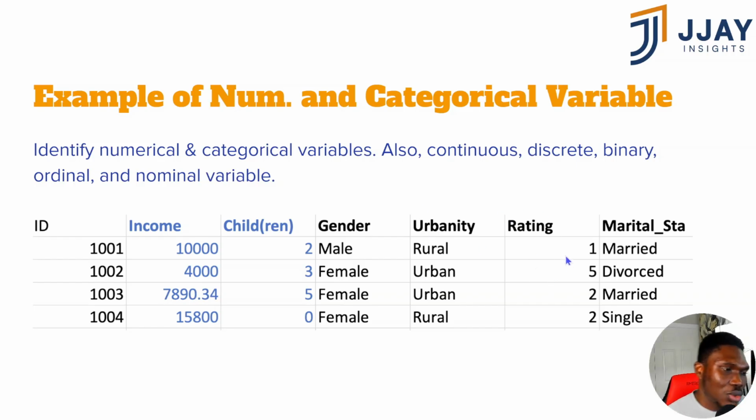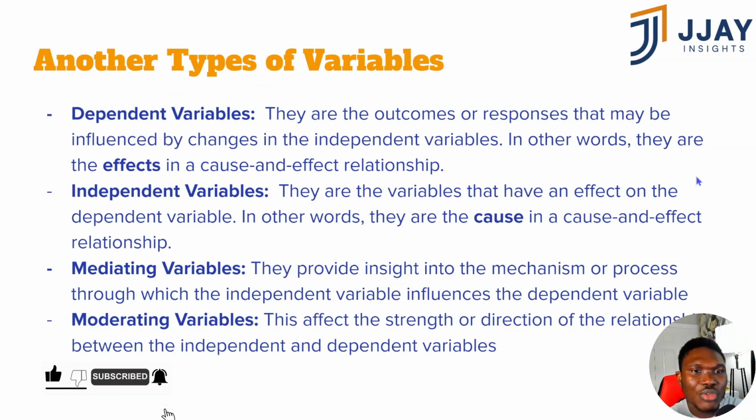And rating, which is 1, 5, 2, 2. This is a number, but this is also a categorical variable because it's a category. And this is an ordinal categorical variable. Marital status, this is a nominal categorical variable. Just understand that. So another type of variable that you could think of, it just depends on the perspective at which